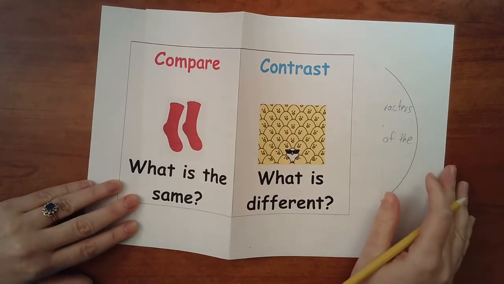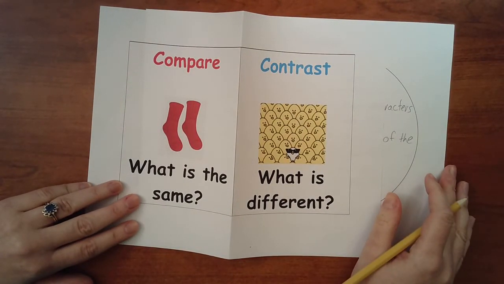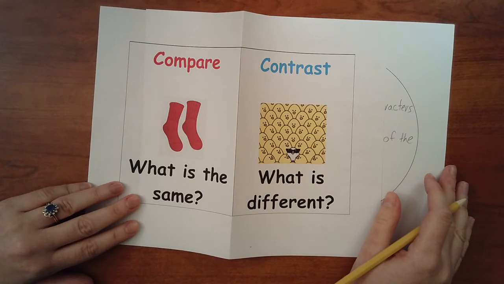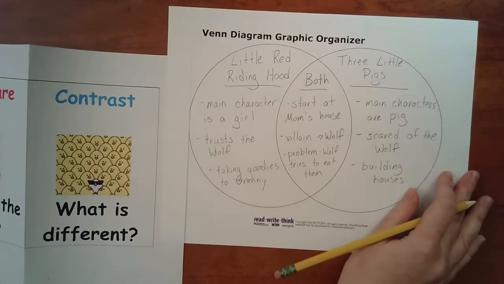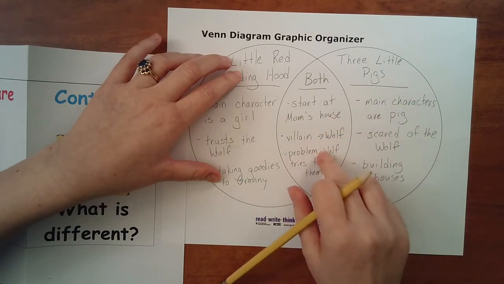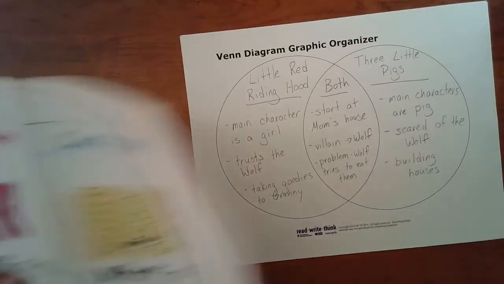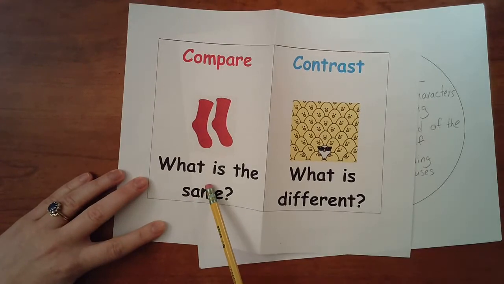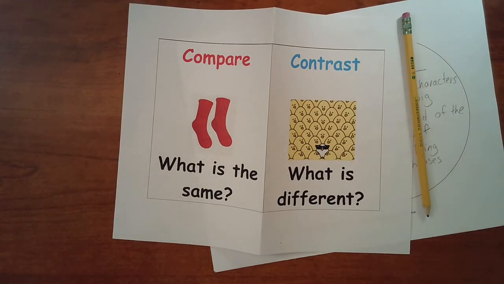What you're going to do on your Seesaw assignment is compare and contrast Little Red Riding Hood, not Little Red Riding Hood, Little Red Hen to Mañana Iguana. And you're going to do it on Seesaw. On the outside circles, you're going to write what's different about the stories. And in the middle, you're going to write what's the same. Remember, compare what is the same and contrast what is